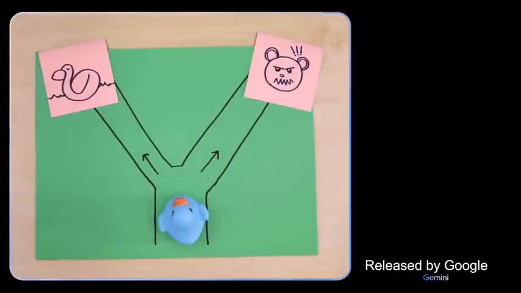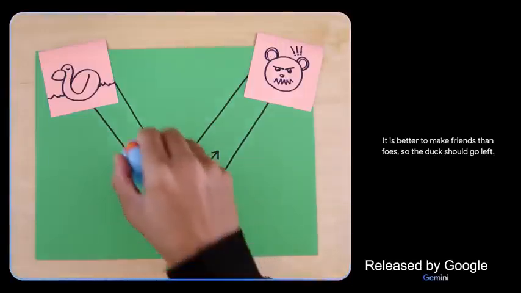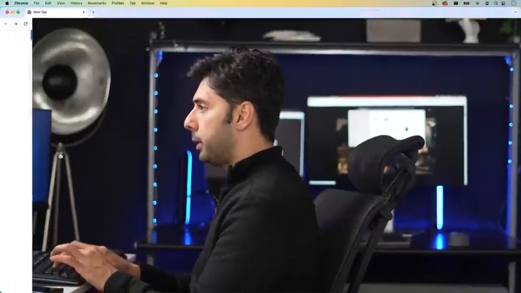Which way should the duck go? Going left leads to a duck, which is a friend. Going right leads to a bear, which is a foe. It is better to make friends than foes, so the duck should go left. Smart choice. To learn more about it, let's go to